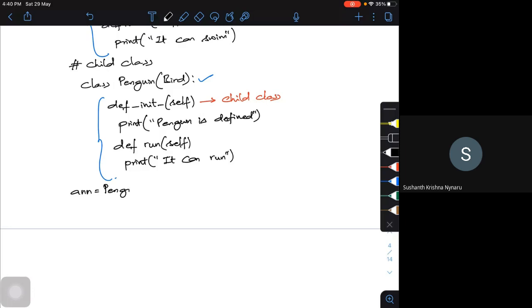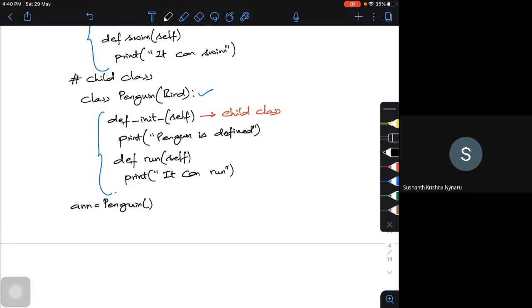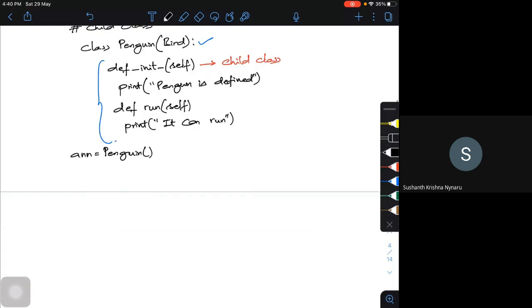The moment I call this, what I'm trying to do is, I can tell an dot swim and an dot run.